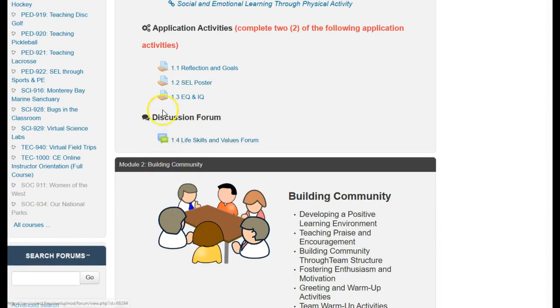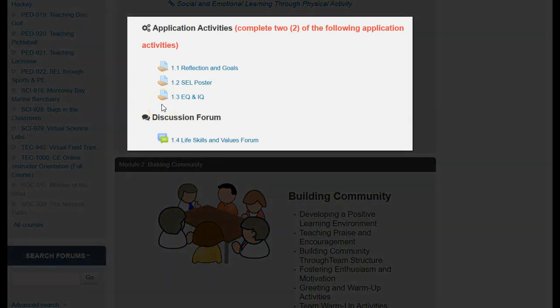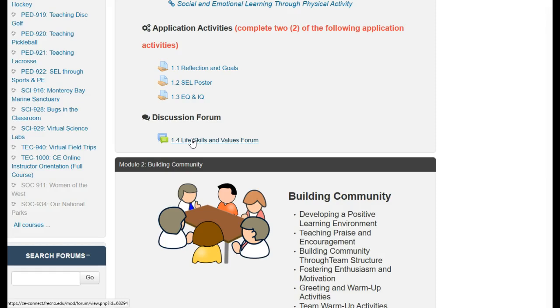And each module requires 3 assignments to complete the module: 2 activity assignments and then 1 forum assignment makes the 3. In this particular module, there are 3 activities. You may take your choice of any 2 of those 3 and then do the forum, and you'll have completed that module.